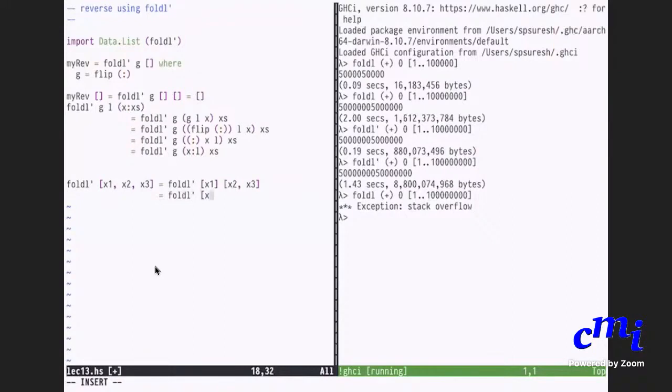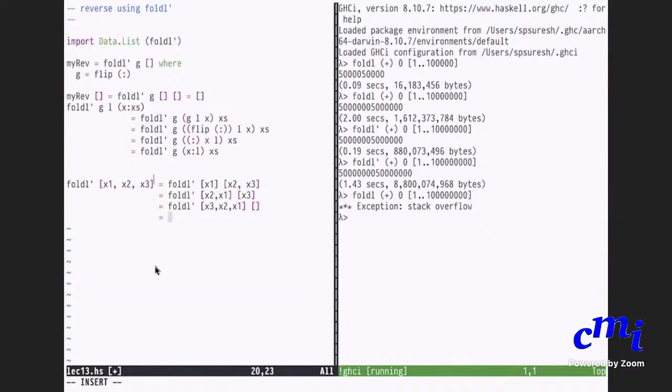Exactly. x2 colon x1, which I will write as x2 comma x1, and then just x3, which will be nothing but, when it is empty list, you just return the accumulator value, right?